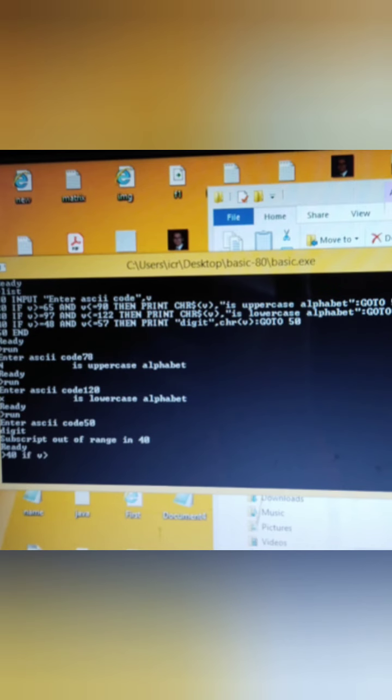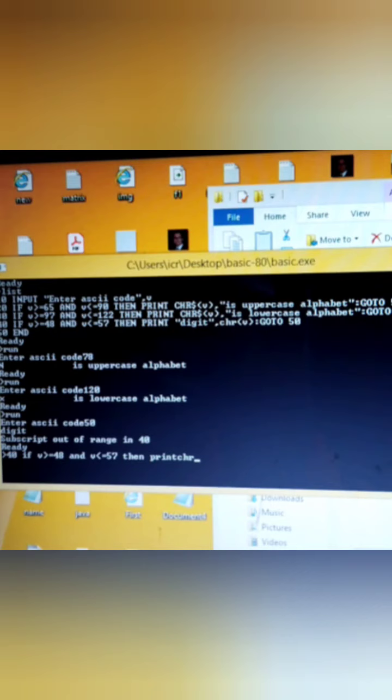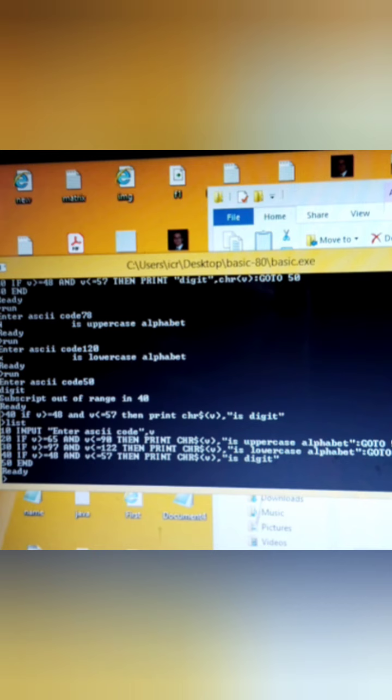If V is greater than or equal to 48 and V is less than or equal to 57, then print $. If I list this program again, I'm getting the changes.